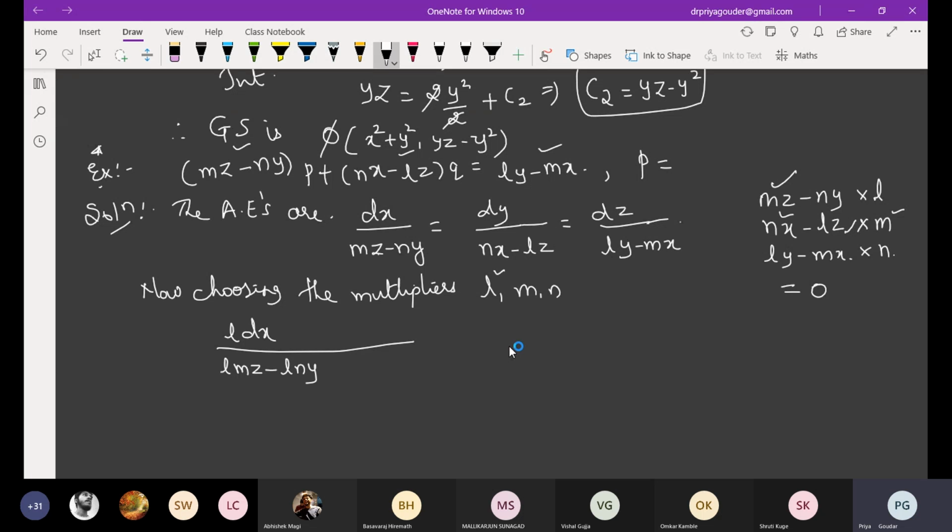I have chosen it as l. When you write the next one, you write a plus. For the second ratio, you should choose m, which means both numerator and denominator are multiplied with m. Tell me what is the denominator. Nothing else I'm doing, I'm just writing forward the auxiliary equation. For the first ratio I'm choosing l, second one m, last one n. At least tell me the last part. If you multiply and divide by n, what happens?